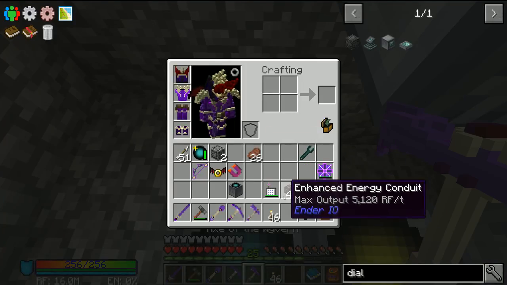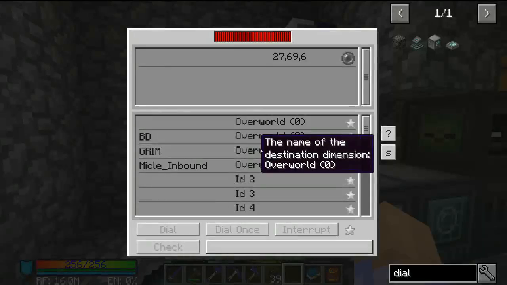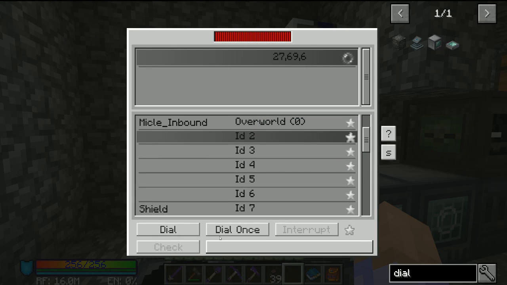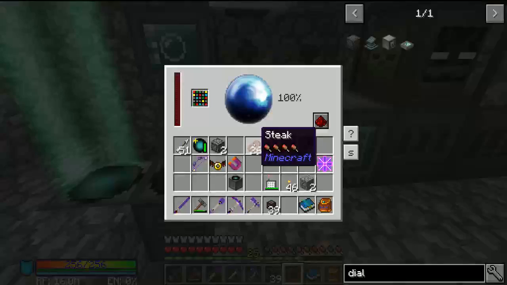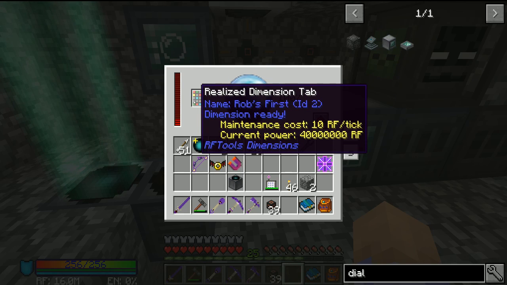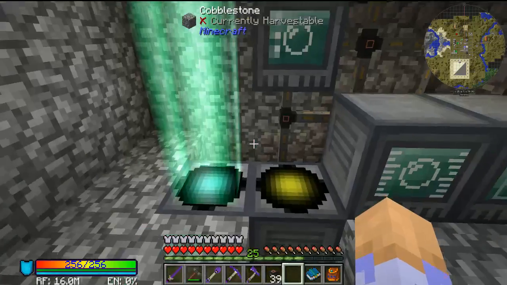Do we have some more of the conduit? We do. Let's drop that down there. Now we should be cooking. Dial it up. Oh! Well, we hit the max here, which looks like it's 40 RF. 40 million RF for this world. I don't know why my ID...